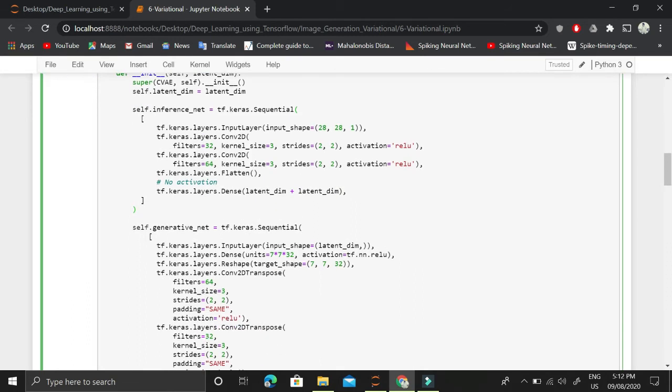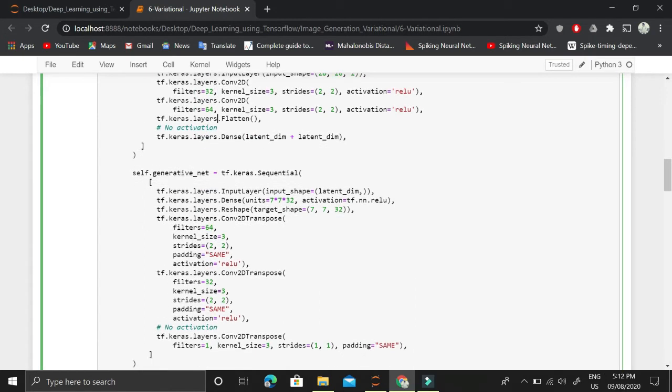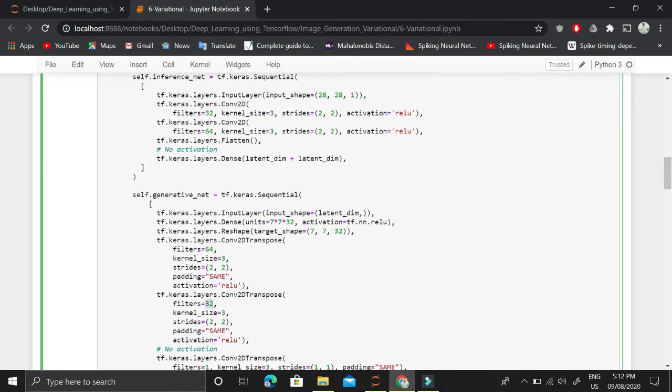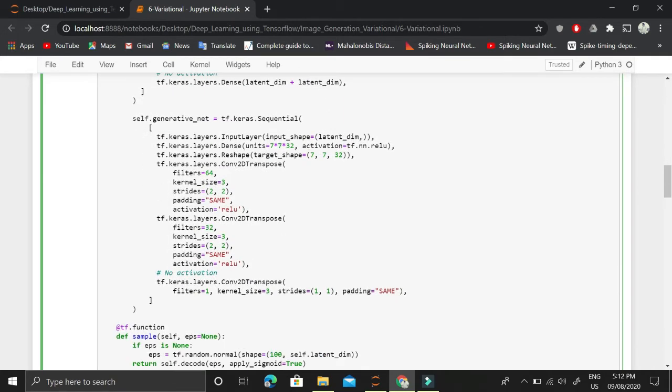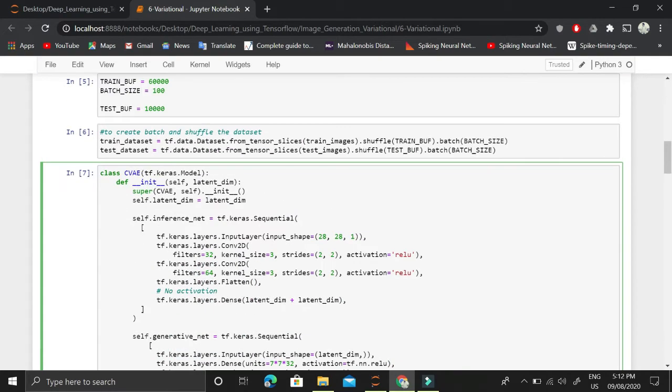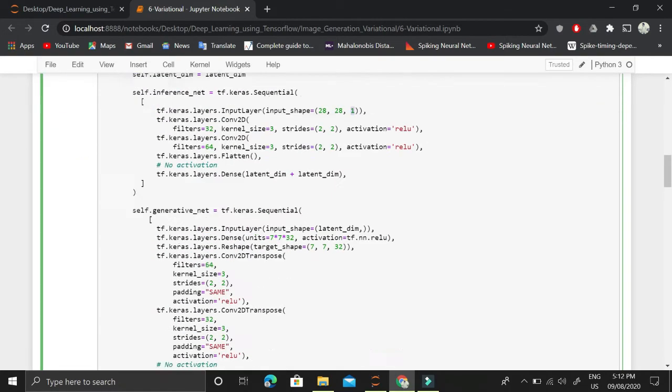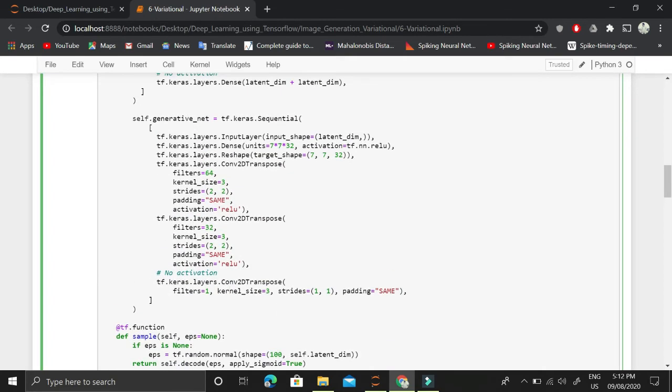Once we have done it, then we apply the generative network, again in sequential form. However, in the generative network, because we are dealing with convolutional neural networks, we will be deconvolving. In deconvolution, we use the same filters that we had used in the encoder, in the convolution part. And look at this 32 and 32. Finally, in the final layer, we have filter 1 because the input channel is 1. So the depth is 1, so the filter is 1. This is the kind of deconvolution that we are applying.